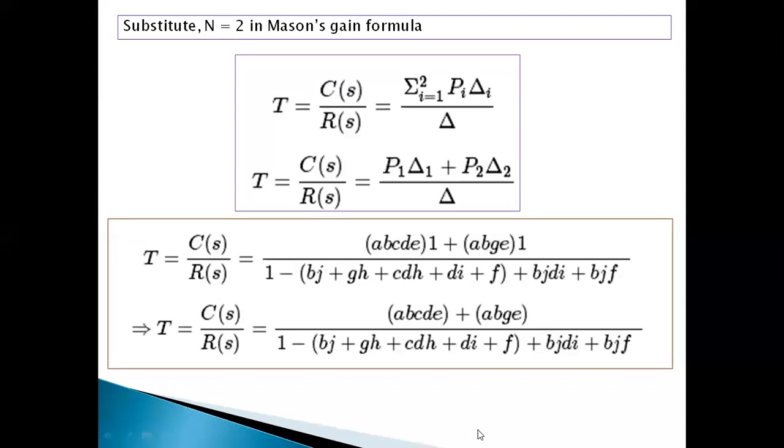So either block diagram reduction technique or transfer function model or mechanical systems or rotational systems or translational systems or electrical systems, anything. Answer, procedure. That's it. You will get full marks.